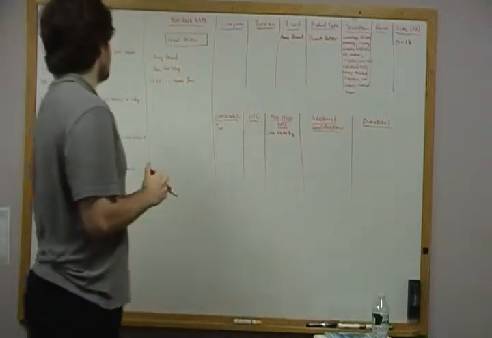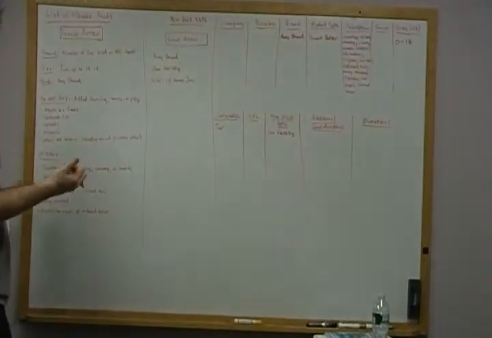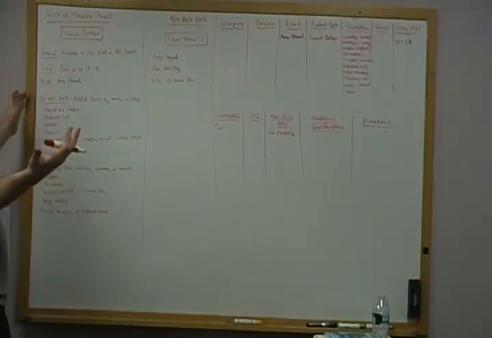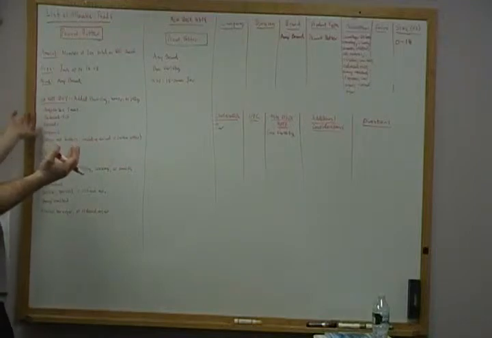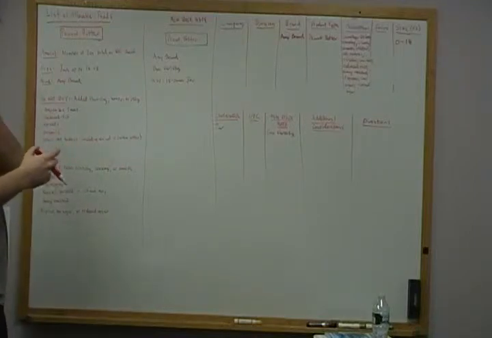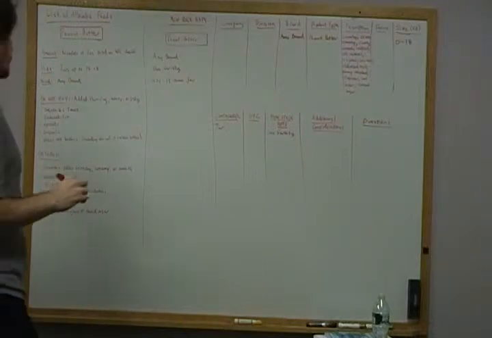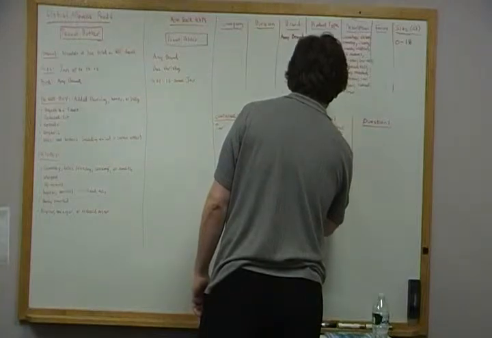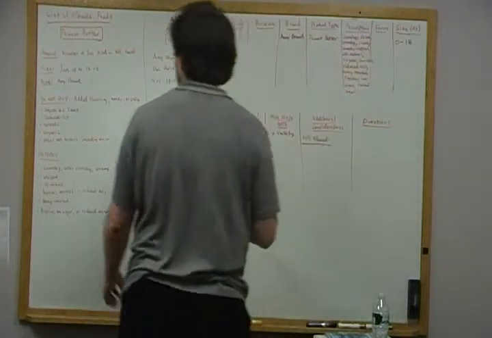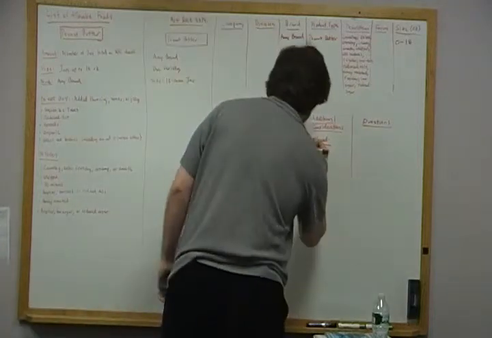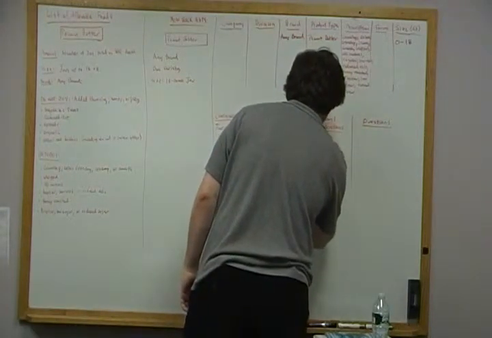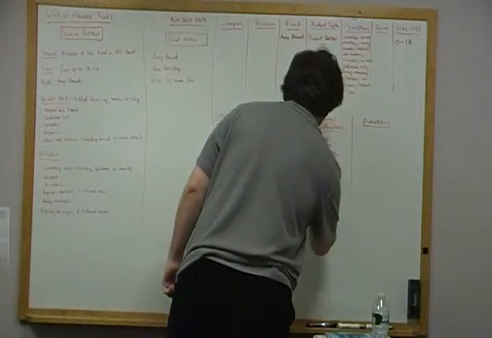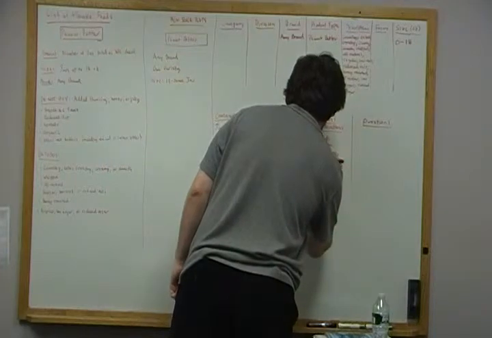Okay. Now, for additional considerations, we say do not buy, right? We look at this and we say, okay, it's telling us all these things do not buy, and so we should put that in additional considerations. So we write not allowed in all caps, underline, okay, and now it's added flavoring, comma, honey, comma, jelly,